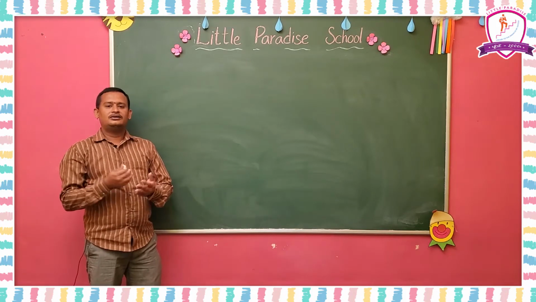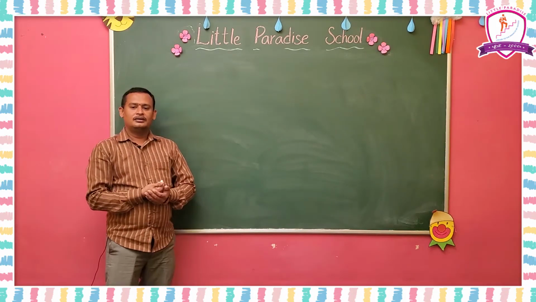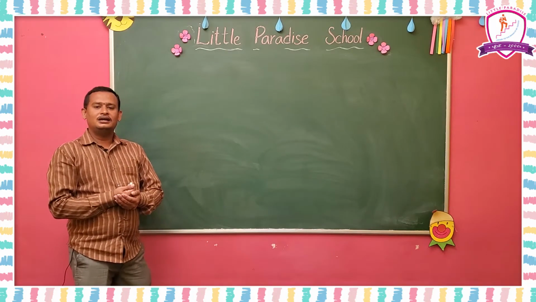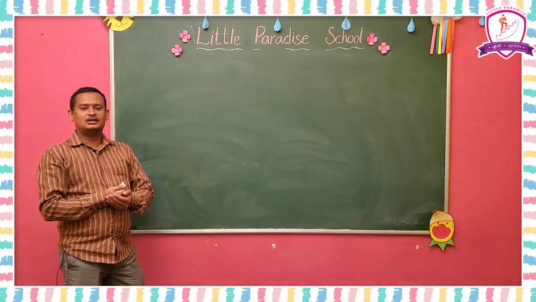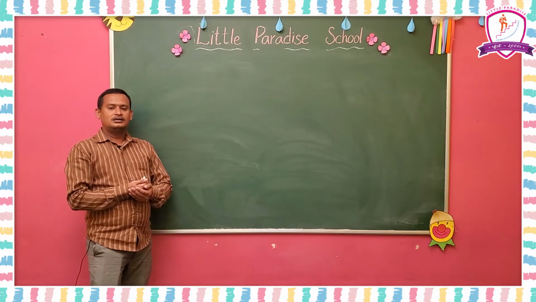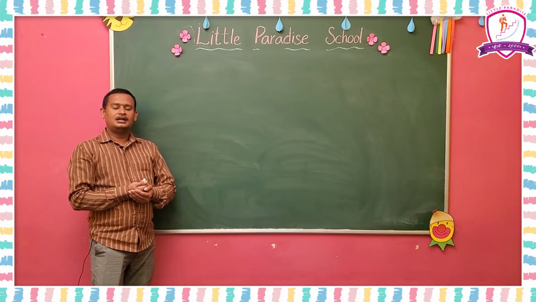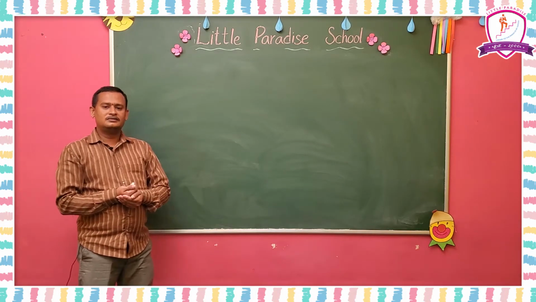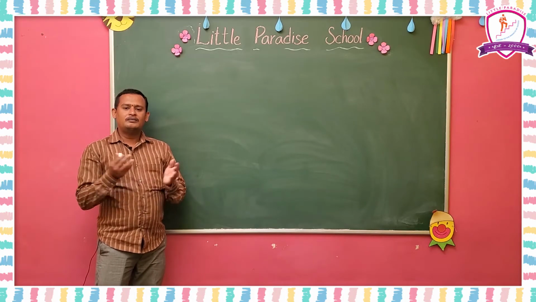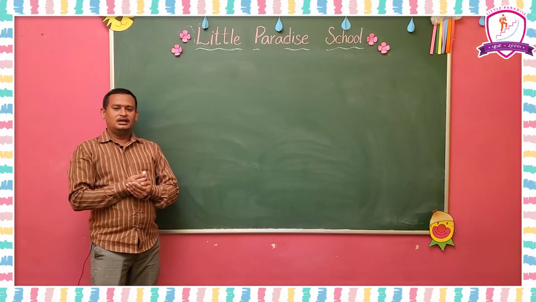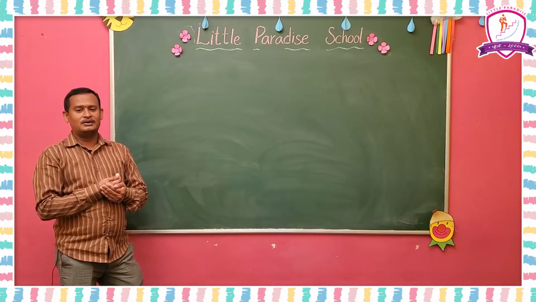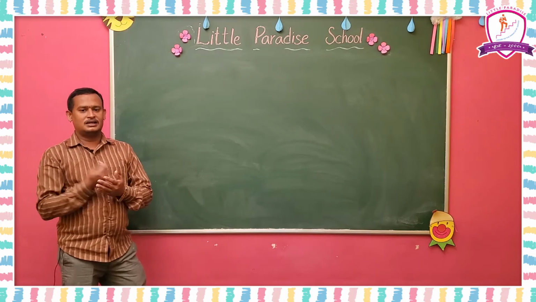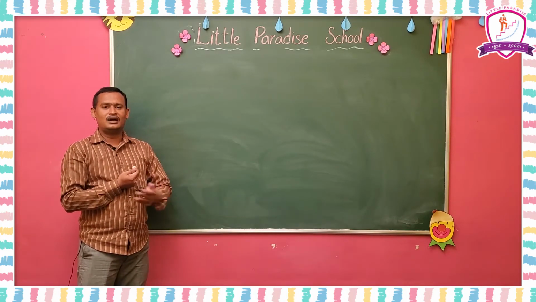Next. So now we are going to discuss checkpoint 4, page number 15. Fourth checkpoint. Compare the following using greater than, less than or equal to sign. Here 2 questions are given. Write the 2 questions and compare the 2 numbers. To compare the 2 numbers, first we have to check how many digits are in both numbers. If equal digits are there in both numbers, you have to compare from the greatest place to the smallest place. Compare each and every digit.